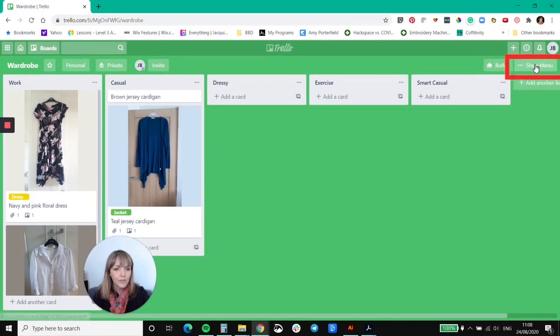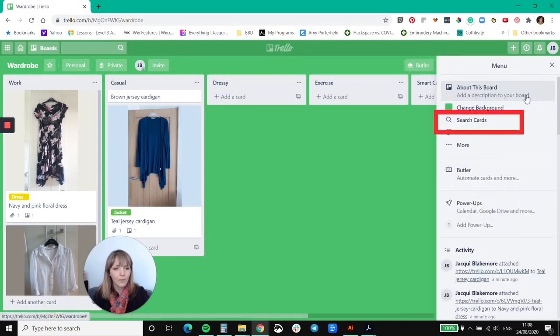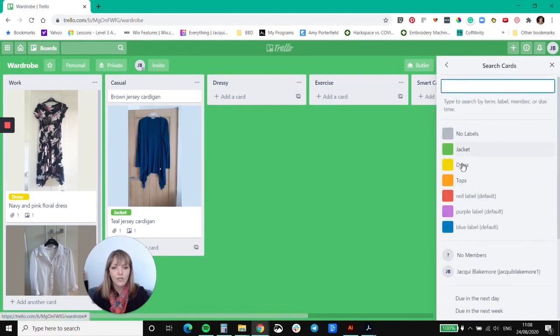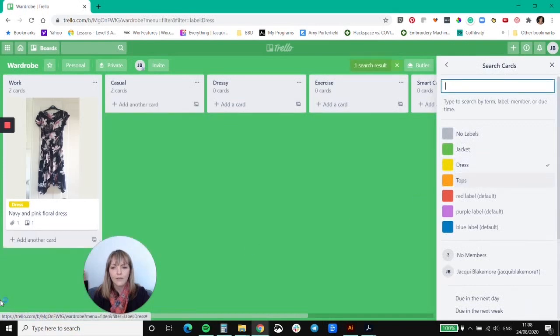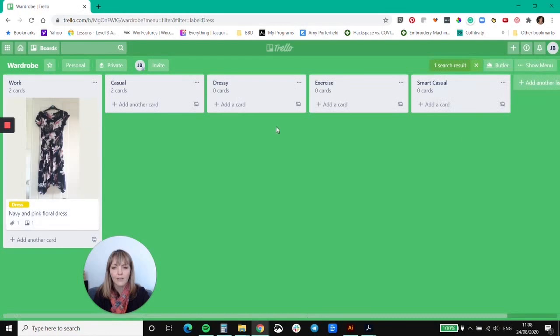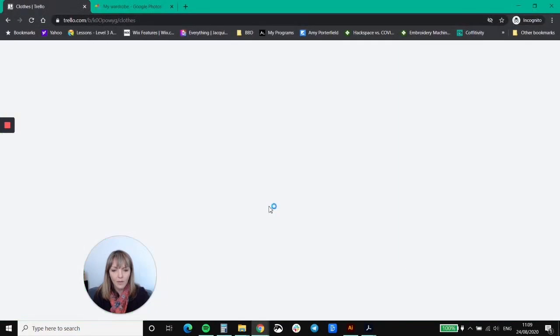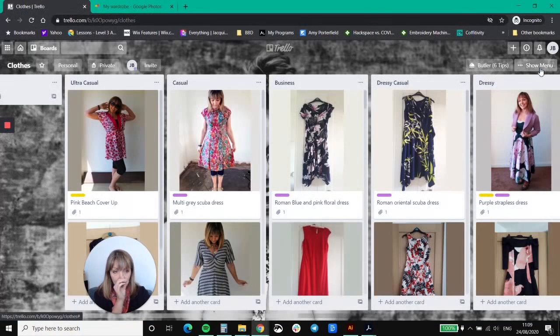So if I do show menu here, then you can search the cards and you can search them by the categories. So you can say, show me all my dresses, and then it will filter and just show you all the dresses. So if I had dresses in other categories, then again it would show me the results here. So if I do that in my one, if I just do show menu